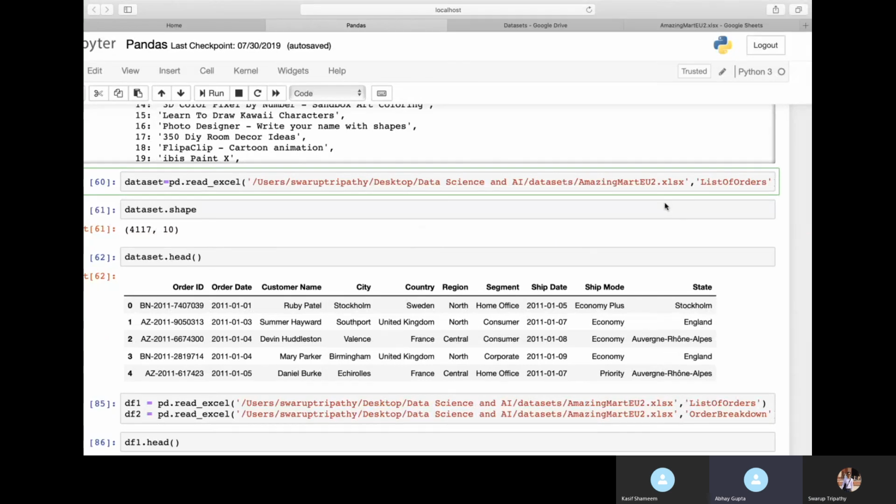Error, expected one field in line. Oh, sorry, my mistake, I think it should be read_excel.